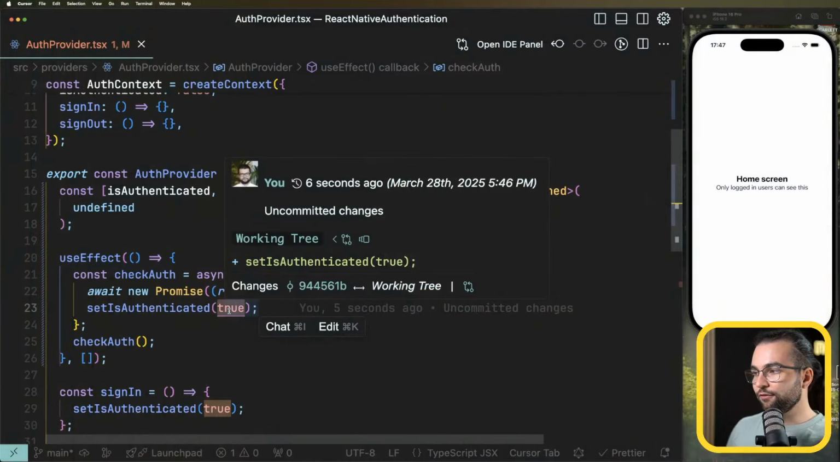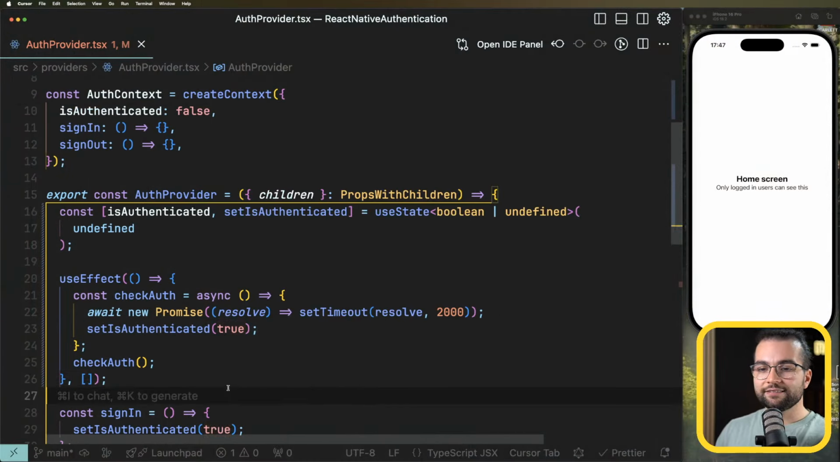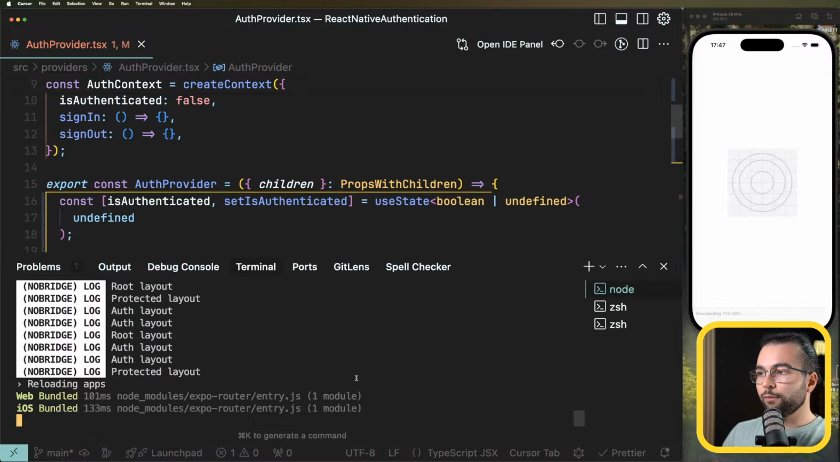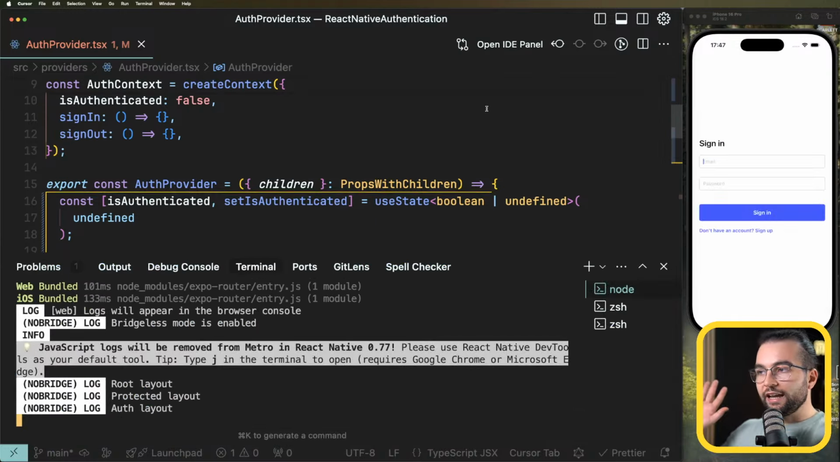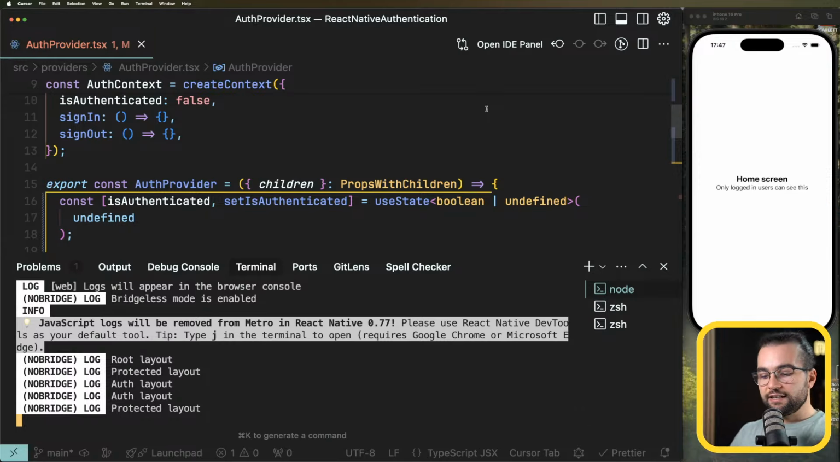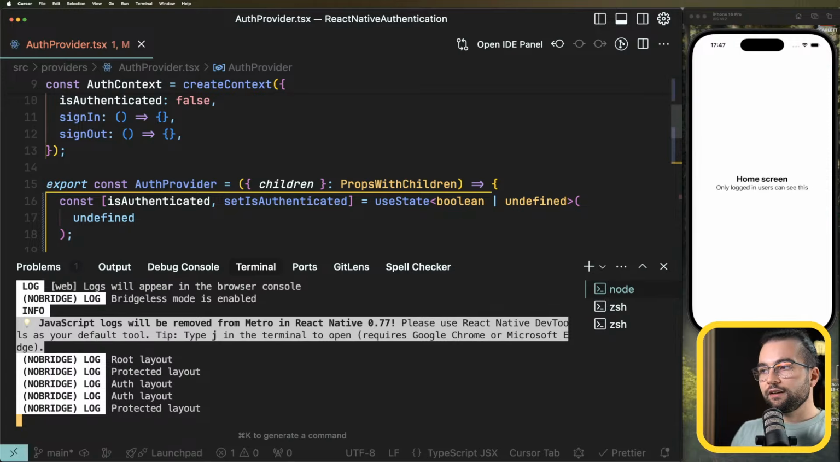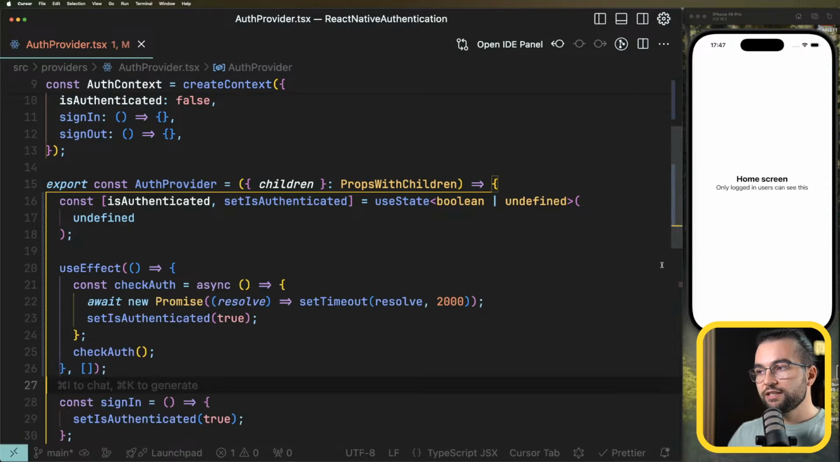Look what's happening in this case if we do not take into consideration this situation. If I reload the application, I'm not doing anything. As you can see, we are redirected to the sign-in screen. And after that, after 2 seconds, we are redirected back to the home screen. So visually, you get this flickering,